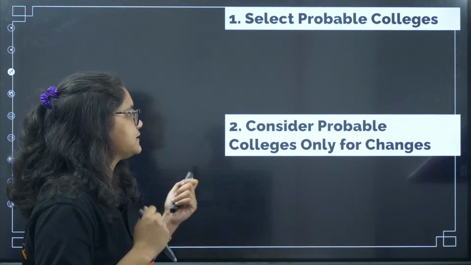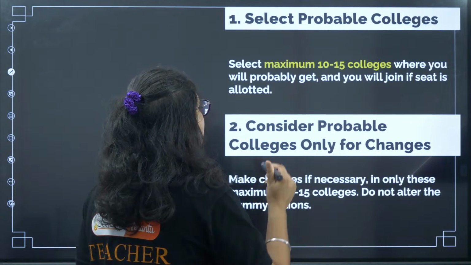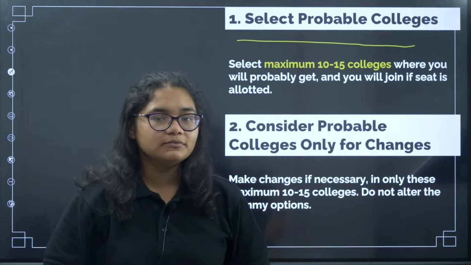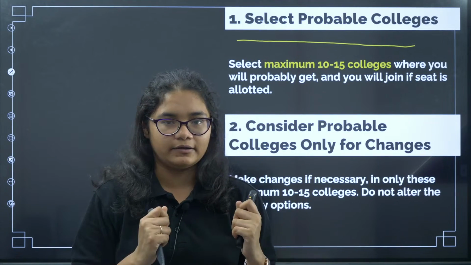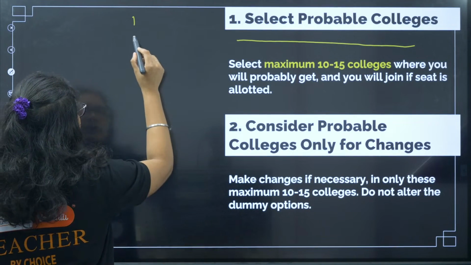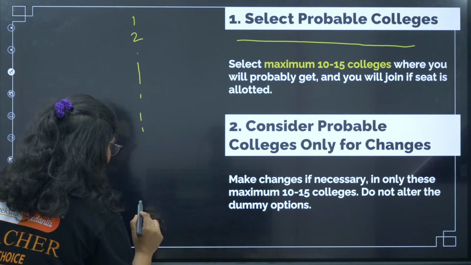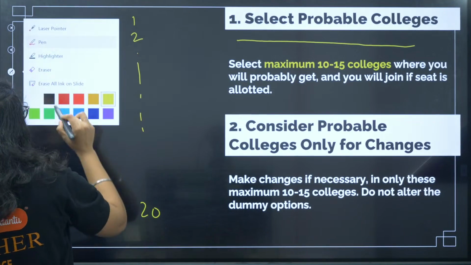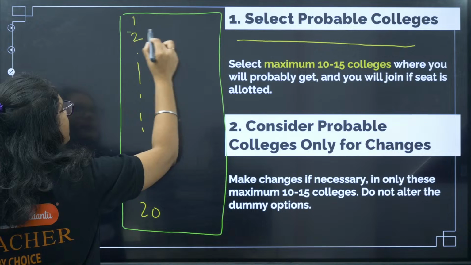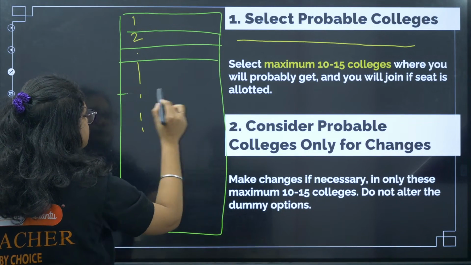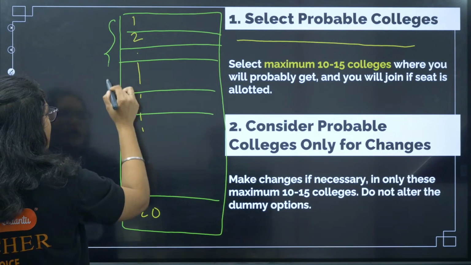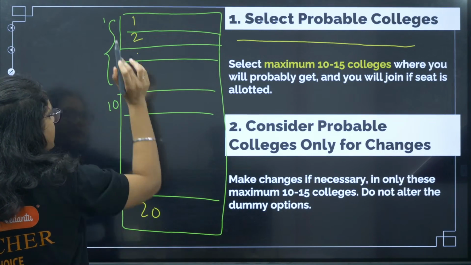Now let us discuss a very, very important point here. Select probable colleges. See, suppose you have added some 30 option entries. Okay, let us make it 20 options you have added. So you have taken some 20 options here. Now, these colleges, 1 to 10,